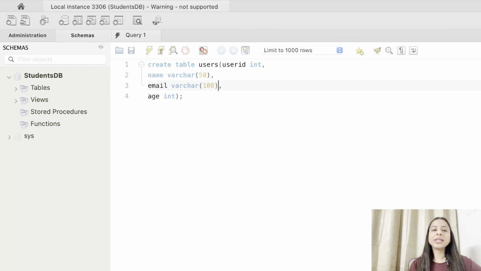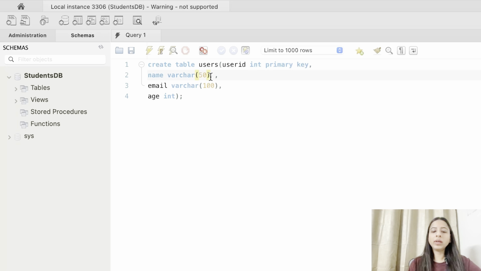All right, so let's change the syntax a bit here. We will just add the constraint into this particular syntax. So we will just write user ID as primary key. Why? Because user ID, as the name suggests, it's an ID and it should be unique across all the users. So better give it as a primary key. So we will just write the constraints just like that. After the data type, you can simply write the constraints. So user ID should be primary key.